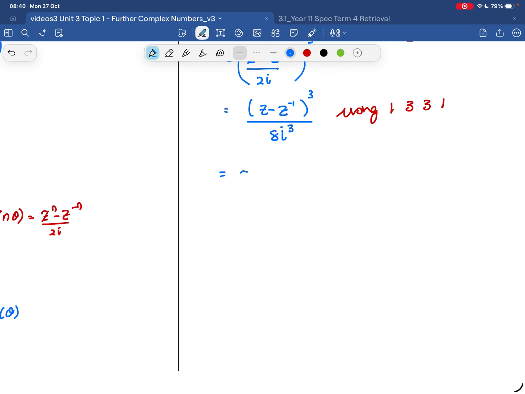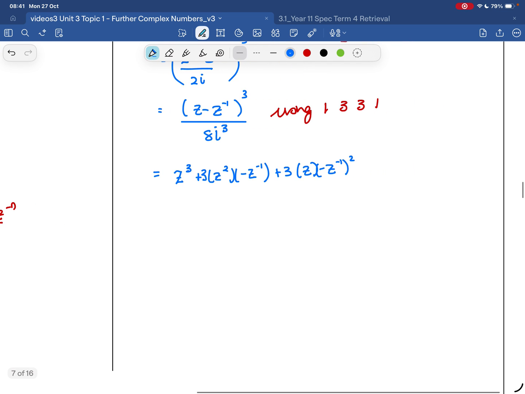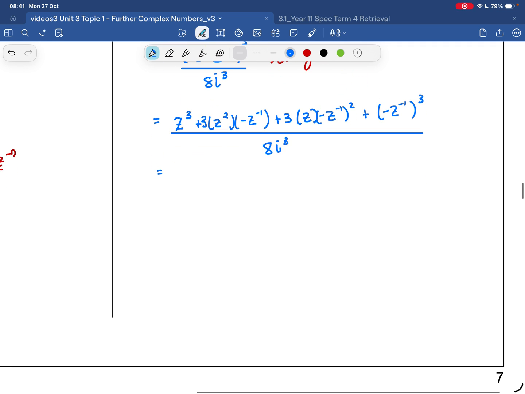So that gives me z cubed plus z squared times negative z to the negative 1 times 3 plus z times negative z to the negative 1 squared times 3 plus negative z to the negative 1 cubed all over 8i cubed, and I can tidy that up to z cubed